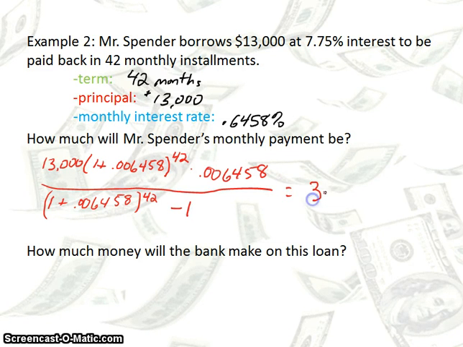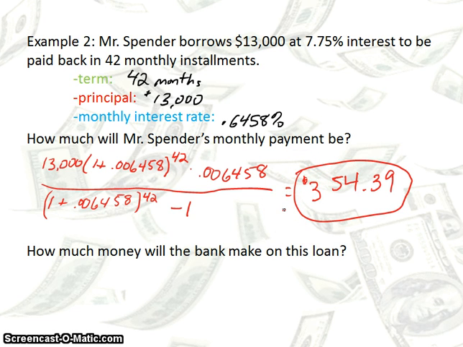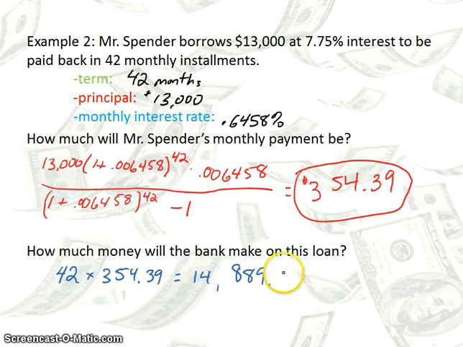So here we have $354.39. That's our monthly payment. Now, how much money will the bank make off this loan? Well, if we do 42 months times the $354.39, we get a total of $14,889.38. If we take away what we actually borrowed, the $13,000,